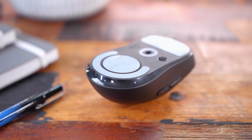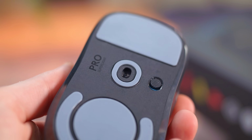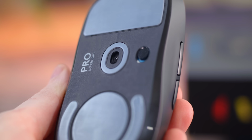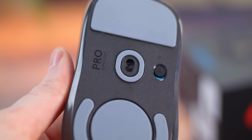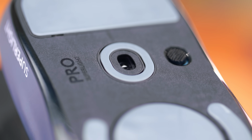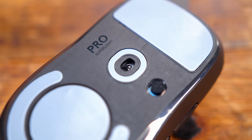And it's pretty obvious the jump in size the zero additive PTFE feet made. And it's the same thing as the marketed 100% version PTFE, but I agree, I like the zero additive name more, just sounds more appropriate. But they're not scratchy, they're nice and smooth all across different mousepad surfaces I've tried, so I'm a fan of these. For the sensor here, it's their Hero sensor with their Lightspeed technology, adjustable in increments of 50 from 100 DPI to